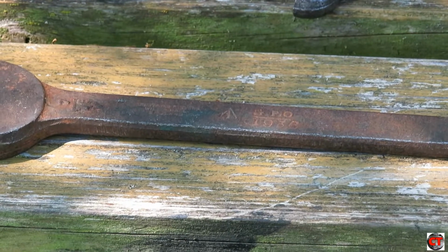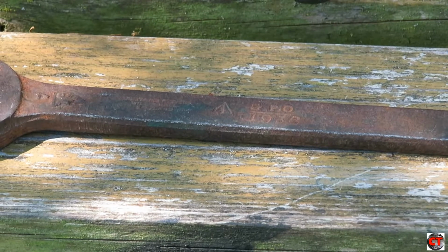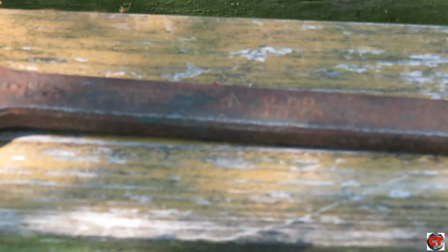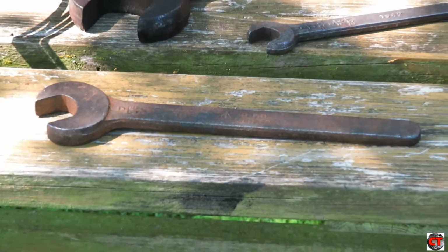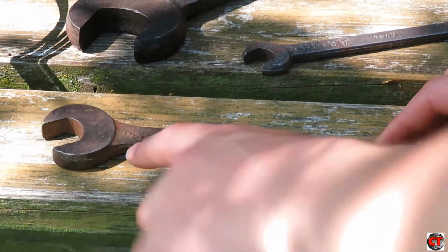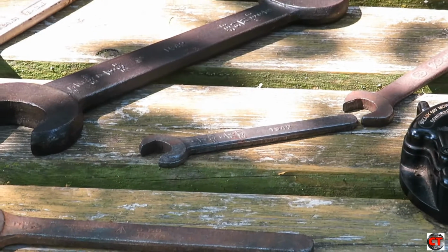So now I'll move on to some of the spanners. So you can see this one here says GPO 1936 or 1938. But the important part is that it has, if focus will work, the arrow right next to it. Now, what I especially like about this is that it only has the one clamp, you could say. I'm sure there's some sort of name for that. You've just got the blank edge there,